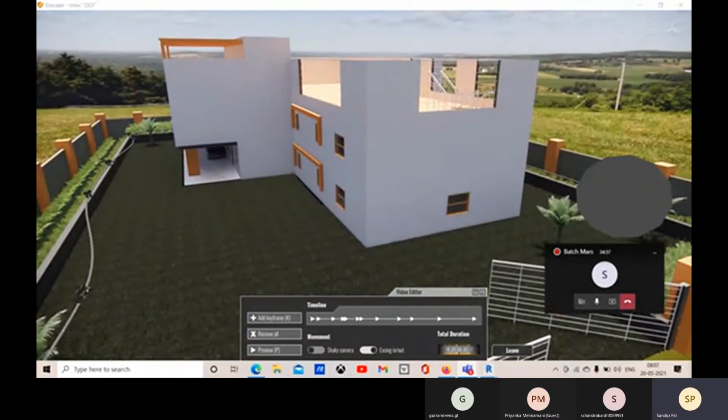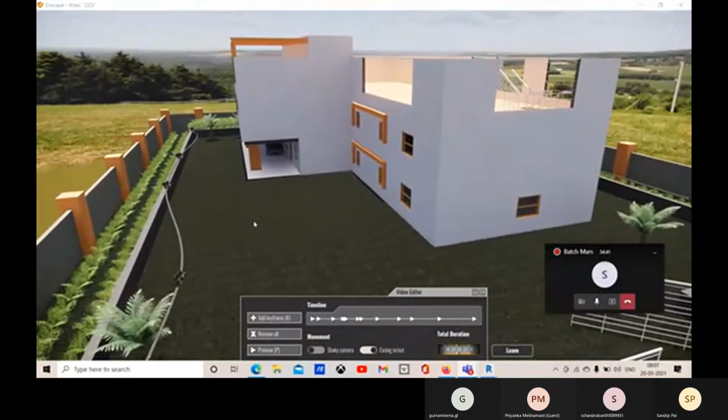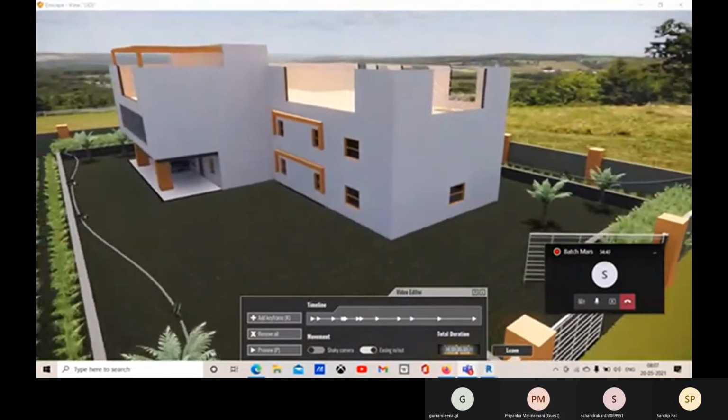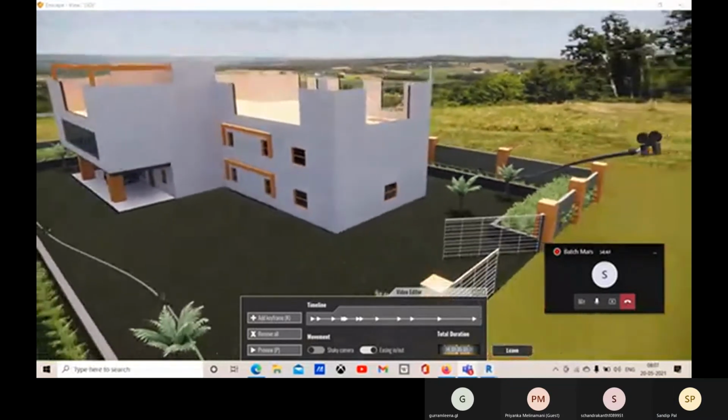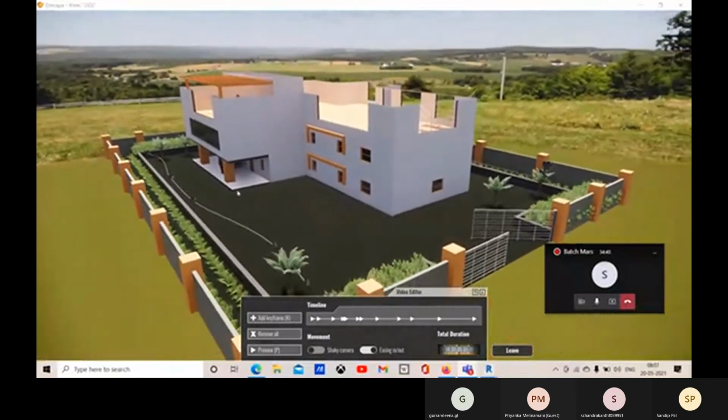Let's add another keyframe over there. Now let's add another keyframe.